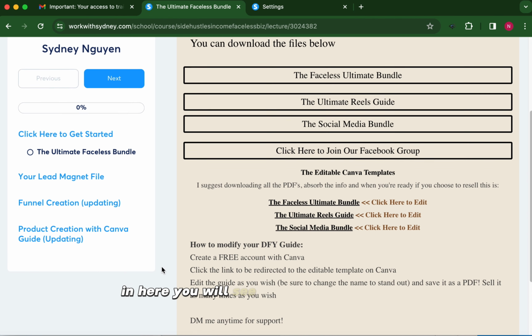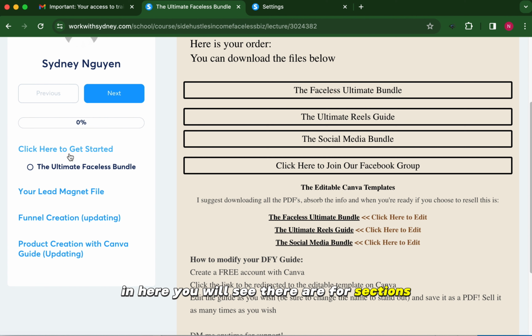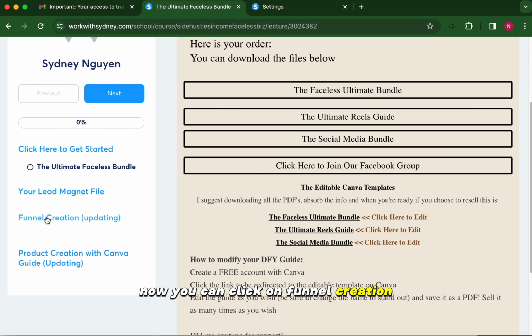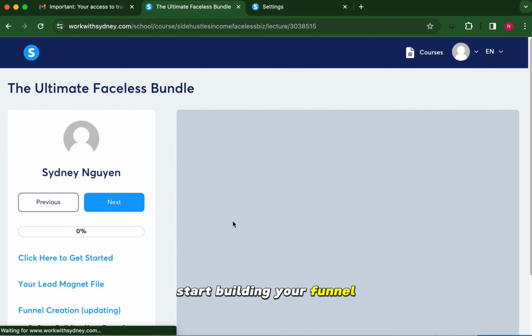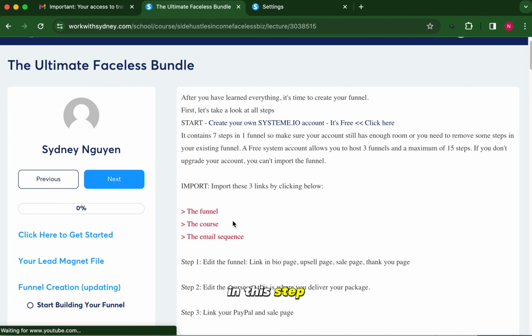In here, you will see there are 4 sections. Click here to get started, your lead magnet file, funnel creation, and product creation. Now you can click on funnel creation. Start building your funnel. In this step, you will see the very first important one is to create your own